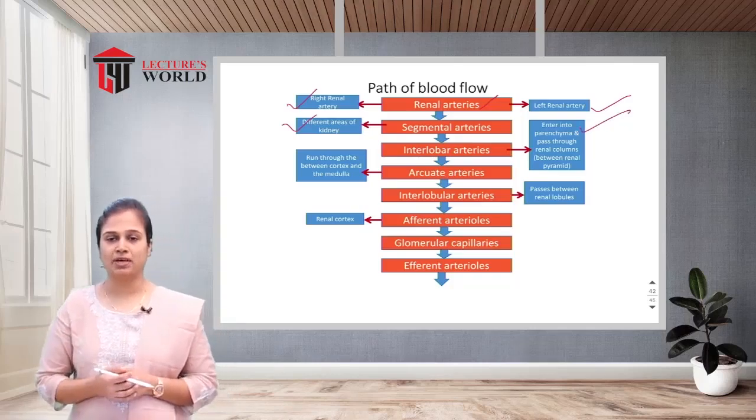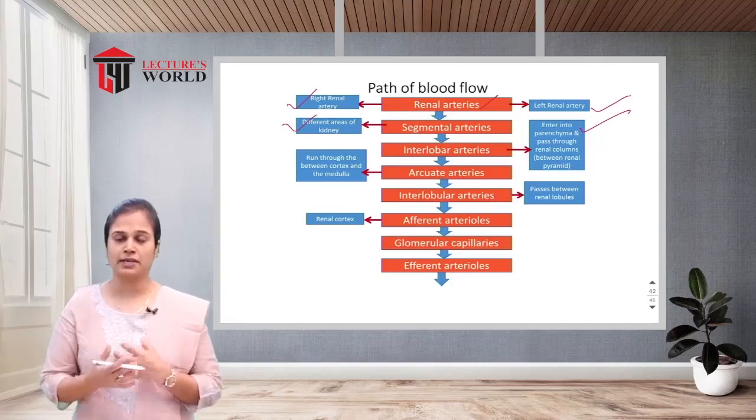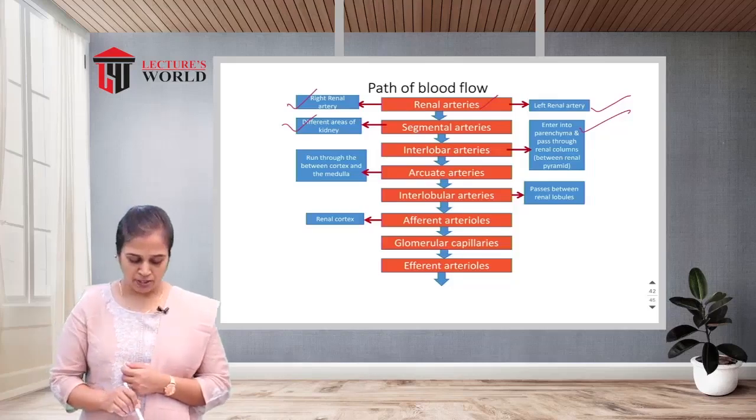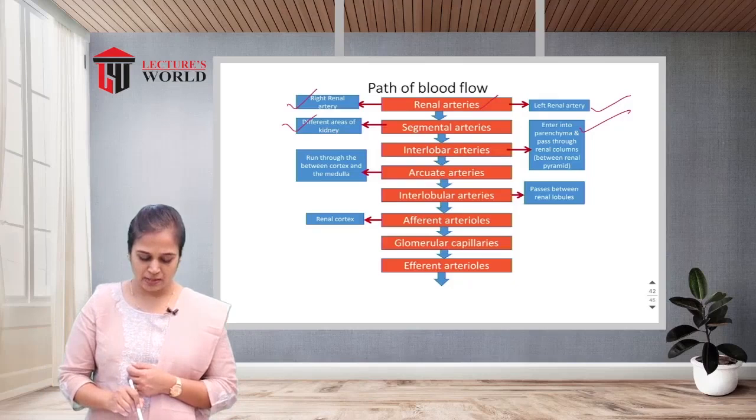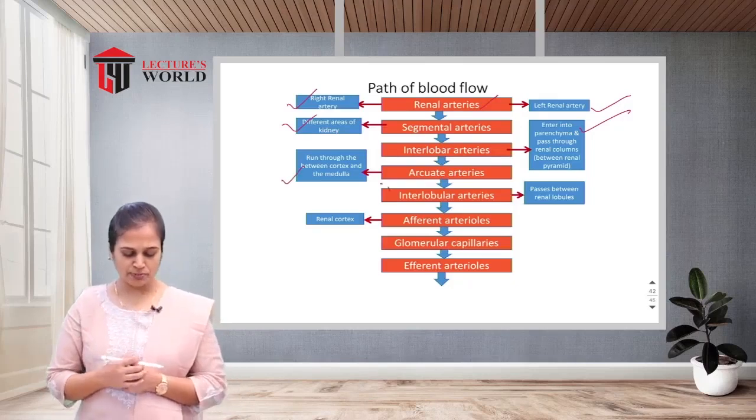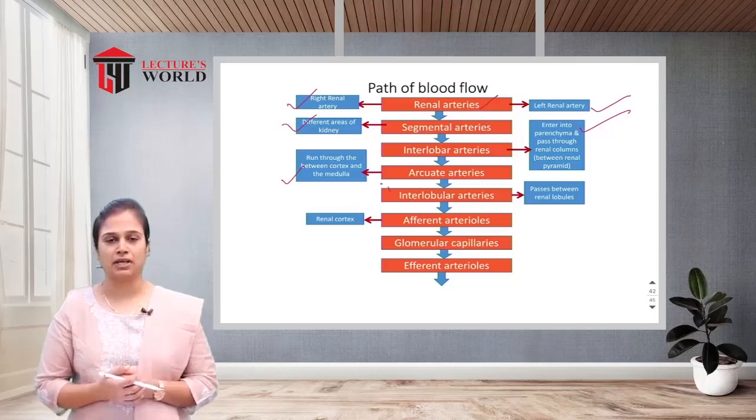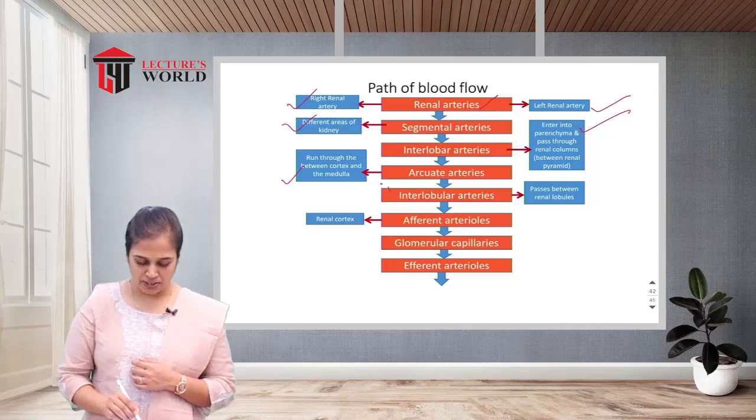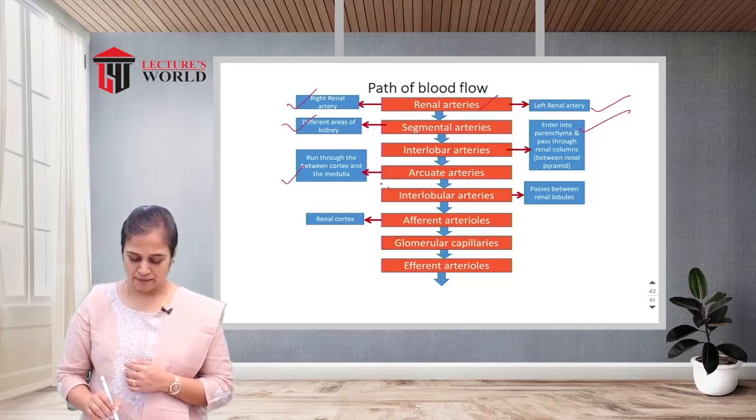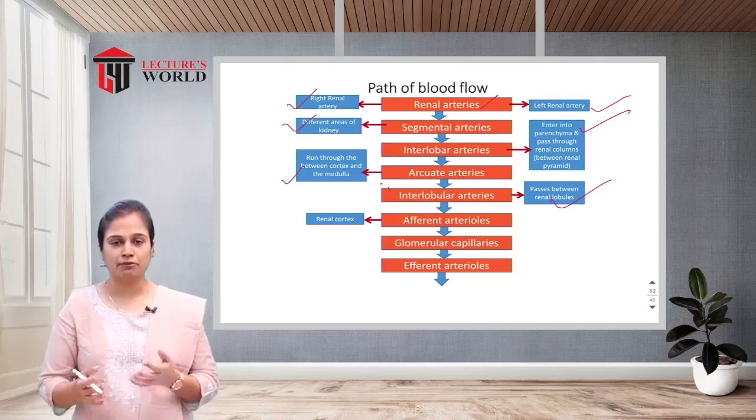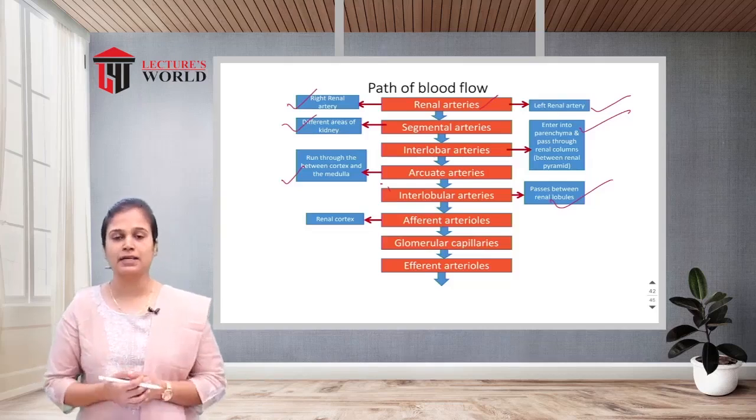into the parenchyma and pass through the renal columns. We know the renal columns are the space between the renal pyramids. From the interlobar arteries, it becomes the arcuate artery. This arcuate artery runs between the cortex and the medulla. From the arcuate artery, it becomes the interlobular arteries, which pass between the renal lobules, and from the interlobular arteries,